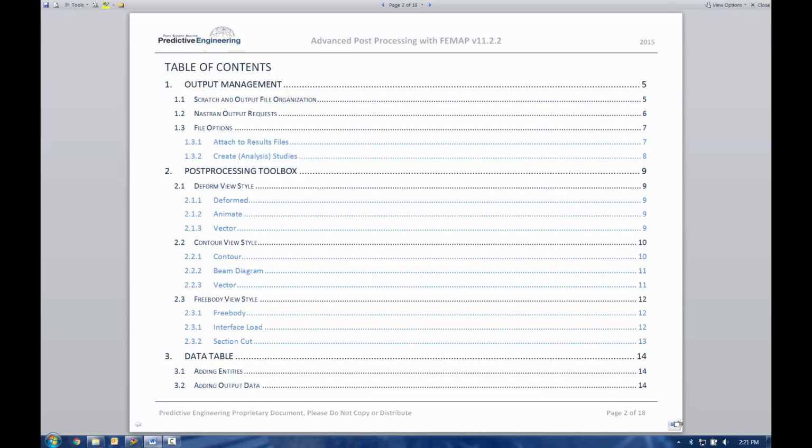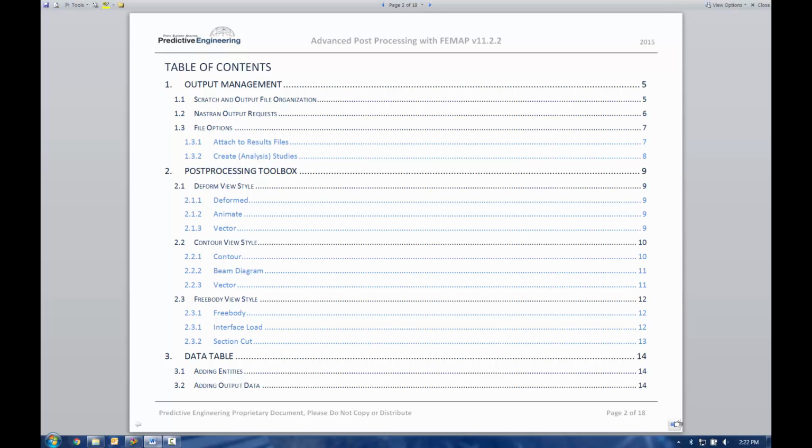A little bit of an outline here. We're going to start out with file management. Now, this isn't the most exciting topic for post-processing, but it's very important, especially when you're working with very large data sets. So you either have large models or you have nonlinear analysis that's giving you multiple output sets for each analysis run. So we're going to take a look at the preferences, see where those files are stored, see what type of information is stored in those files, and also see how we access those files with our Femap model. Moving on, we'll use the post-processing toolbox, work through some standard stuff like deformed views, contoured views, and then